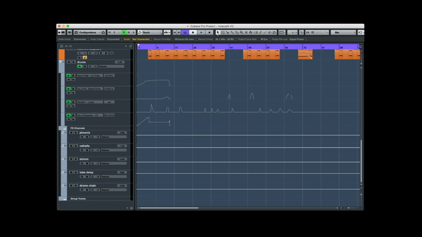And then I was using lots of two Valhalla reverbs. So I was using the vintage reverb one and the shimmer black hole preset with a lot of cranked-out feedback. I was using a tube delay from Softtube, and this drum chain is just an effect, basically. For drums, it's having FabFilter Saturn in a specific mode, and then after that, Arturia's tape delay emulation. So actually, emulation of their own tape machine. So that's pretty much it.